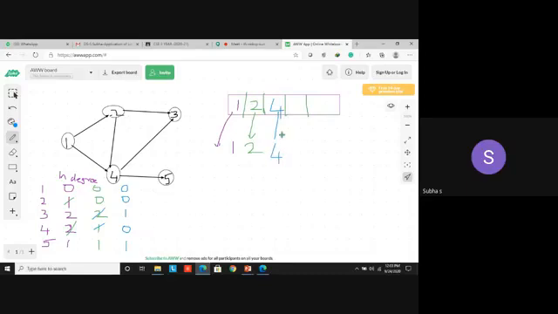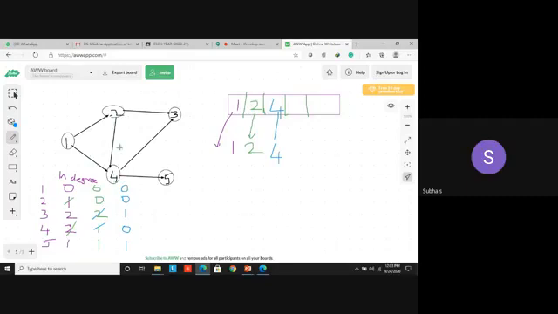Now you are dequeuing vertex 4. What you have to do? Decrement the in degree of the adjacent vertices by 1. Now check 4. What are the adjacent vertices for 4? 3 and 5. Yes, not 1 and 2.